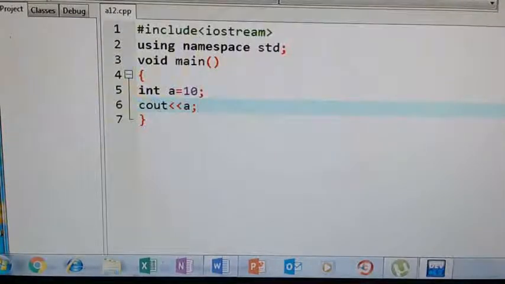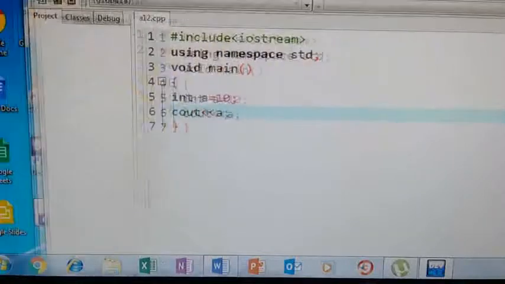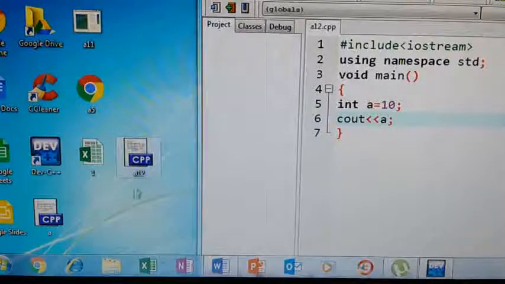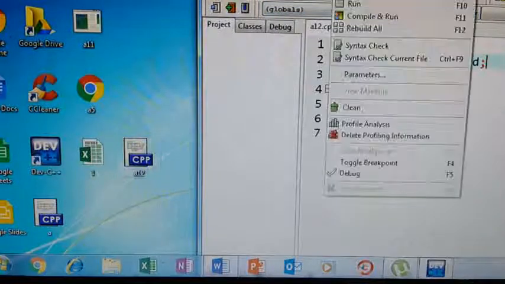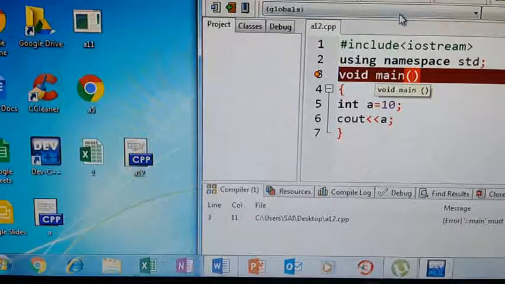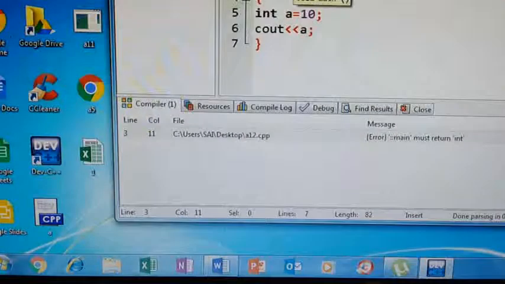Save. Now see here a12, you can see the program. Okay, now execute, compile. There is some error here. We'll see: void main must return int.